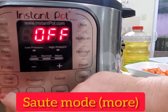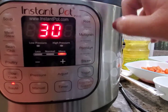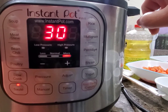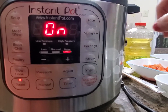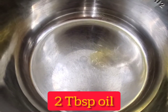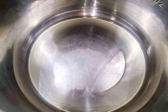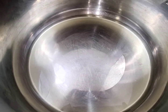Let's put the Instant Pot on saute mode. I had put it on saute mode before, so I'm just going to put the oil in it, and I'm going to wait for the oil to become a little bit hot. I'm putting 2 tablespoons of oil in it. Since we are not going to put any mustard seeds in it,